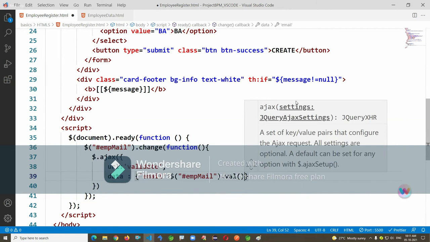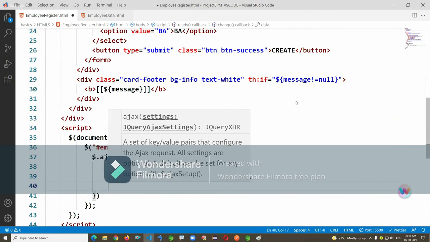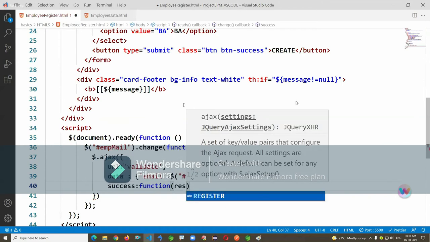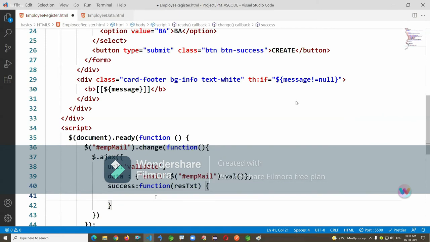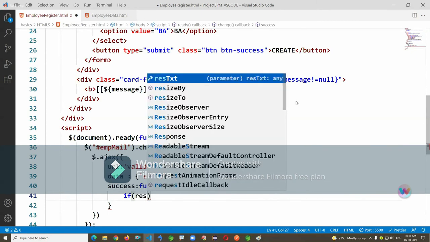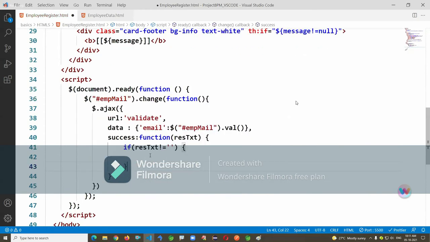The success function is called in this system and is given the response text. If the response text is empty, else it is empty, I'll print some error message, like EMP mail error. There are many more. Like shipping the item: who will ship? The shipping person. Who will return the item? The customer. Any application, or an alert also you can write.